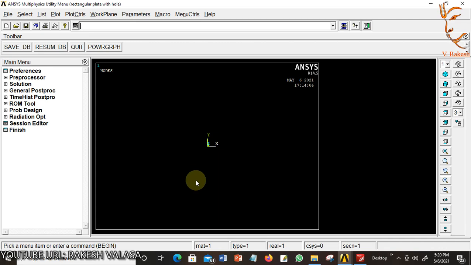For solving any problem in ANSYS mechanical APDL, the software has four important menus, that is four important steps. First one is preferences, then pre-processor, solution, general post processor. The first step is preferences.